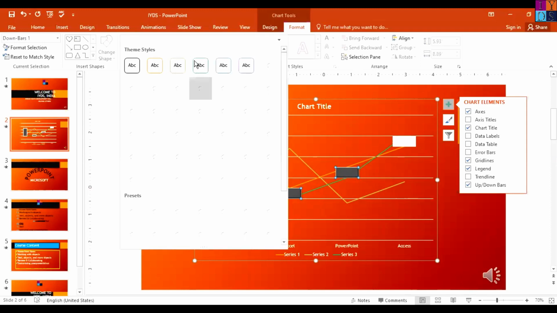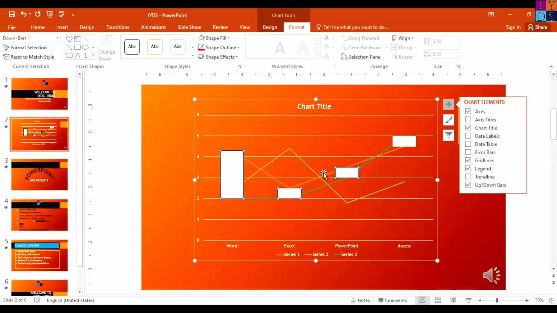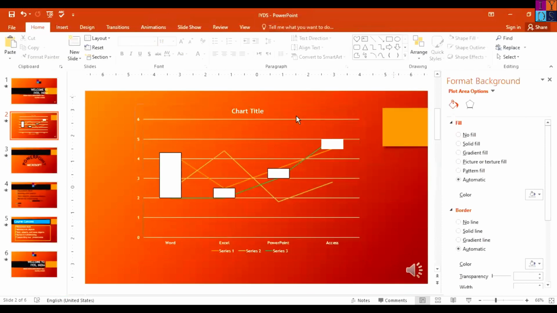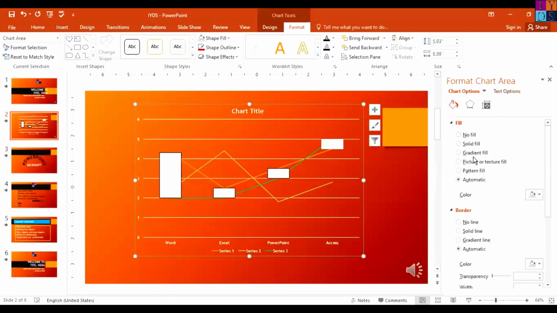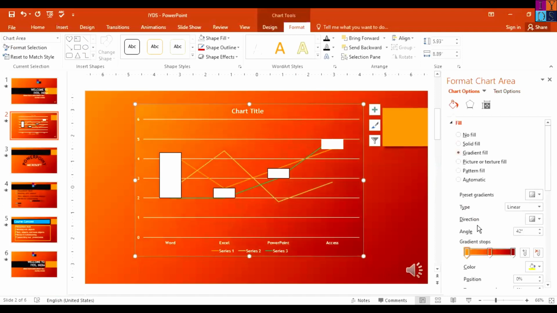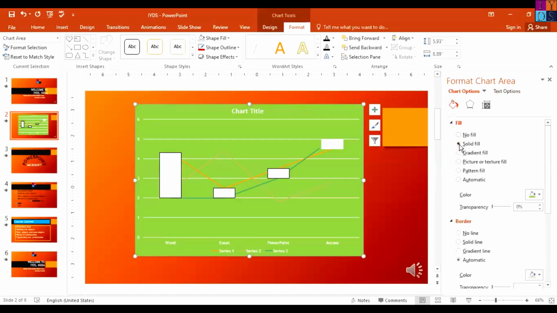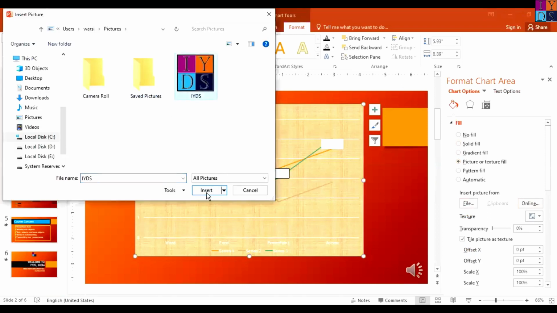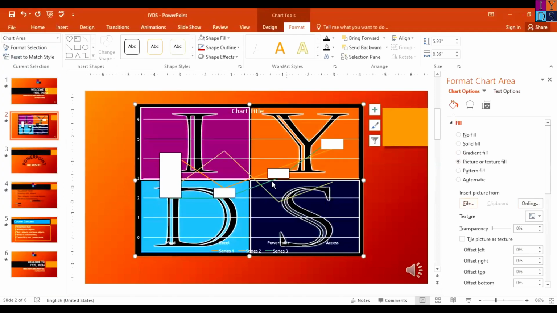And this is the theme style for my charts. See, it will change. If you want to change the color, just double click, then the Format Chart Area will appear in your sheet. Just go to the gradient. If you want to change the color, just click on the solid color. If you want to put a picture, just click on picture, choose a picture from file. I'm going to select this file. See, our picture will